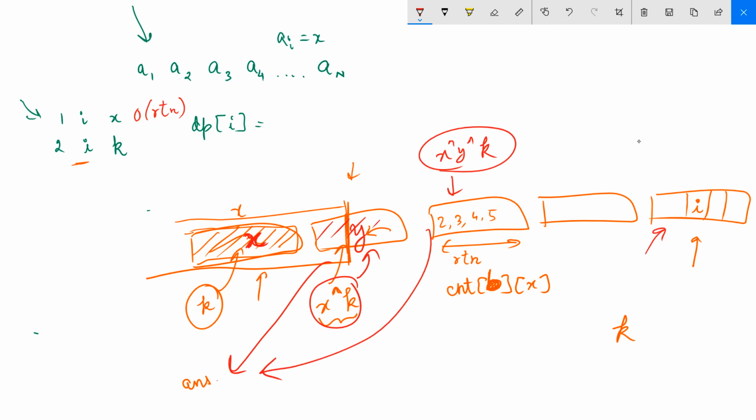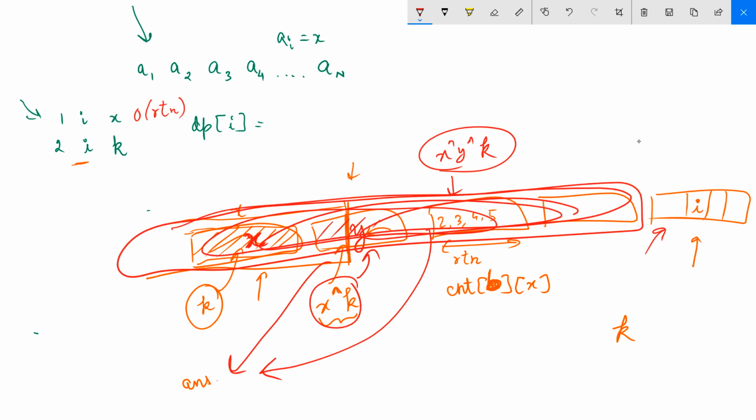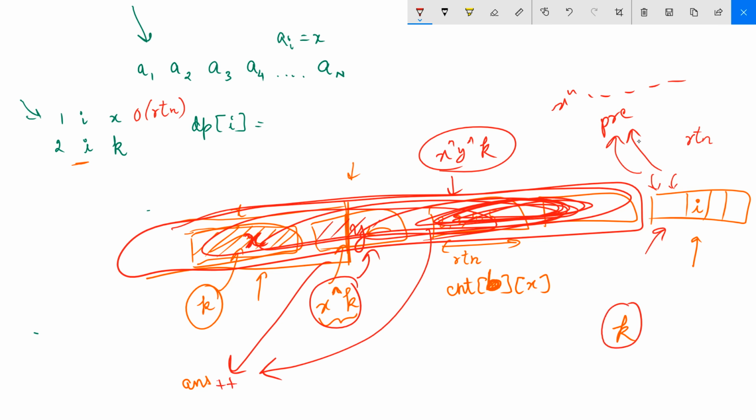And finally, when we reach this bucket, we would have the XOR of all the elements of all these buckets as, let's say, X XOR something and so on. Let that variable be pre. So now what we are going to do is iterate on the elements in this bucket. There can be at max root n elements over here. So just iterate simply on them, keep on XORing them with pre, check if pre is k, then increment the answer by 1. So in this fashion, you are basically counting all the prefixes that can have their XOR value as k.